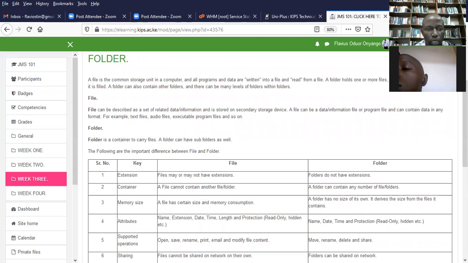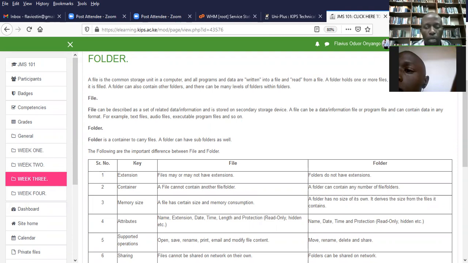I'm just trying to separate folders from the other files. So all these that we have here, I would simply refer to as folders. But the files that I have are 1, 2, 3, 4, 5, and 6.